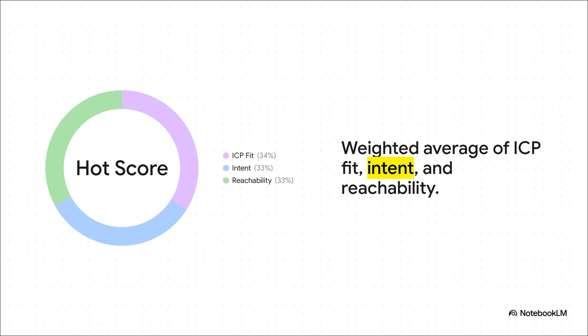You've got ICP fit, how closely they match your ideal buyer. Then intent, which is the likelihood they're actually ready to buy in the next 30 to 90 days based on their online signals. And lastly, reachability. Basically, how confident Lunara is that an email or message will actually land in front of them. Which brings us to the magic number,